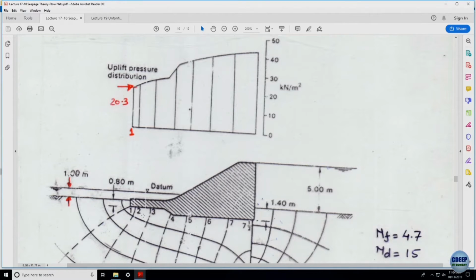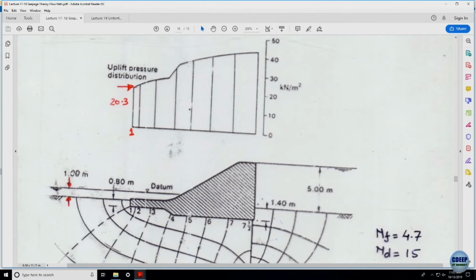Suppose you have to find out the pore water pressure at point 1, 2, 3 and so on. Now, this is the pore water pressure which is acting at the base of the earthen dam or any system which is sitting on the soil media. Point 1, the elevation head is 0.8, alright, datum is at 1. So, the elevation head at point 1 is minus 1.8. If the equipotential line which is passing through point 1 is known, I know the total head at this point, I can compute the pore water pressure, H minus elevation head.